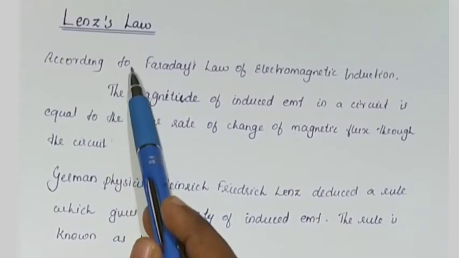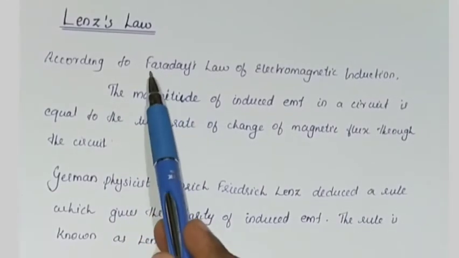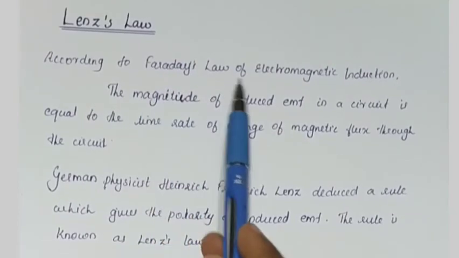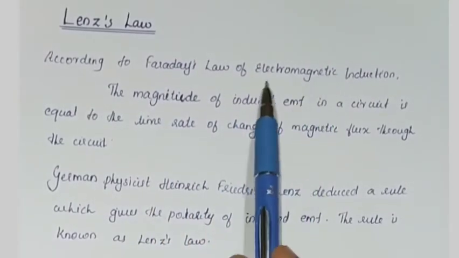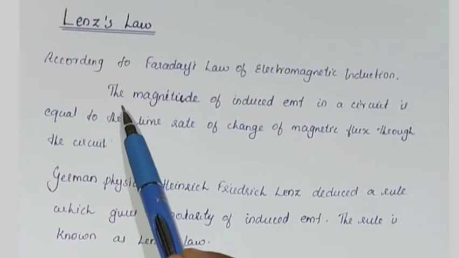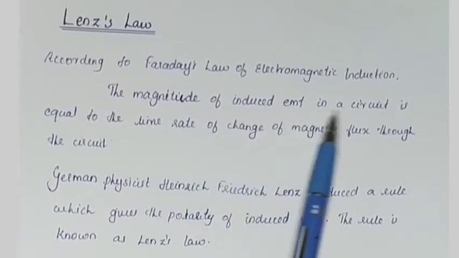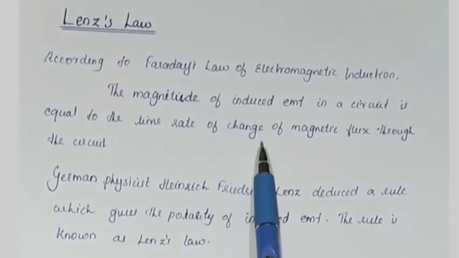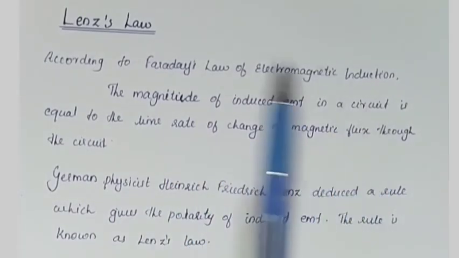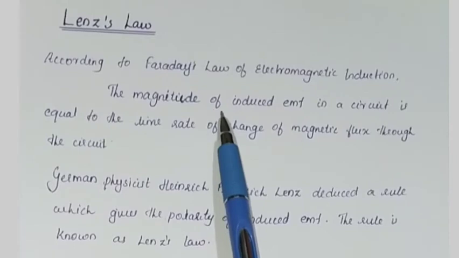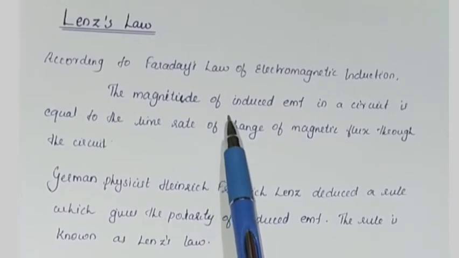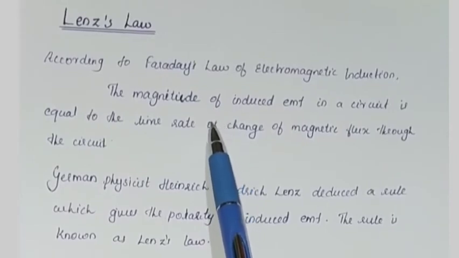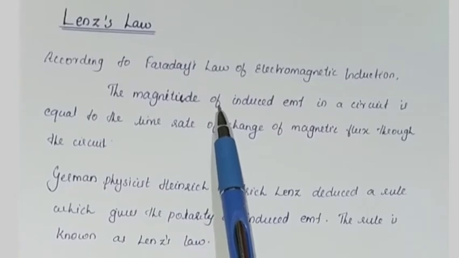Now we are going to understand Lenz's law. We have already learned Faraday's law of electromagnetic induction, which states that the magnitude of induced EMF in a circuit is equal to the time rate of change of magnetic flux through the circuit. So we began the chapter by discussing a few experiments which were done by Faraday and Henry, from which we